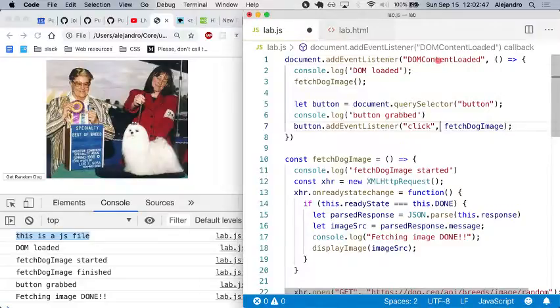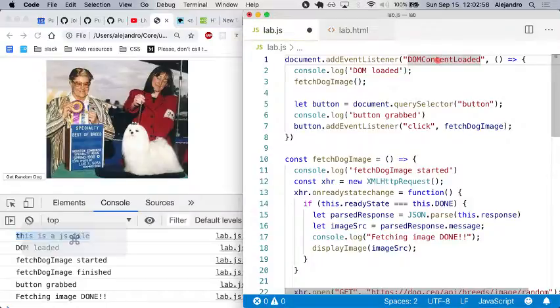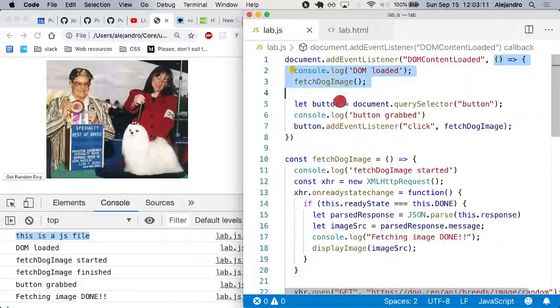What is that point in time? Exactly, we don't know. We don't know how long it takes for the DOM to load. On a slower computer, it will take more than on a recent Mac computer, because you have more RAM. So we don't know when this is going to happen, but we sort of leave this